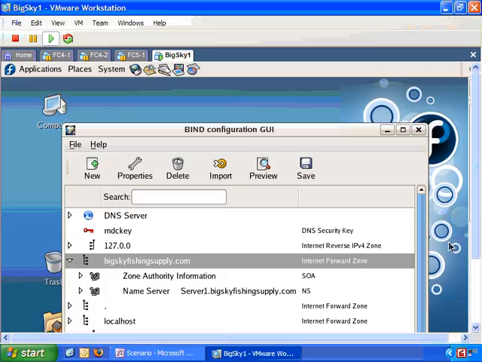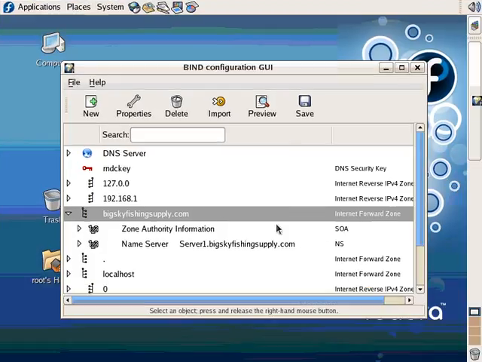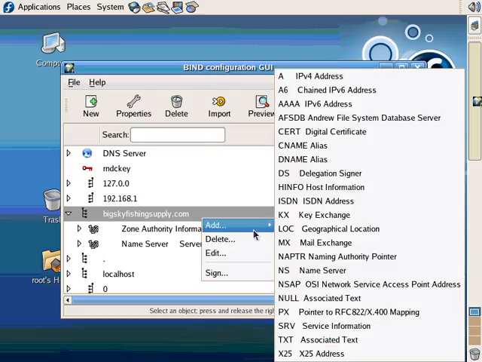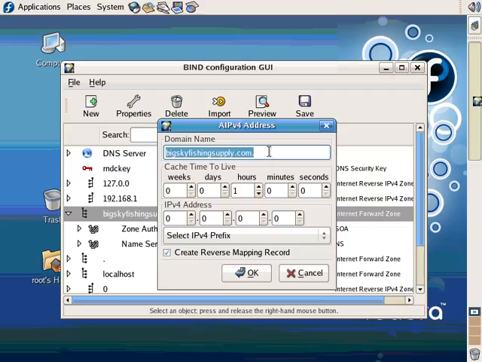So if we go back to our Linux system, if I go over here to bigskyfishingsupply.com, I right click, go to add, and go up here to A, which is an IPv4 address, that's the A. I click on that, and then under domain name, if I press home here, I type the name of the domain name we want to add,